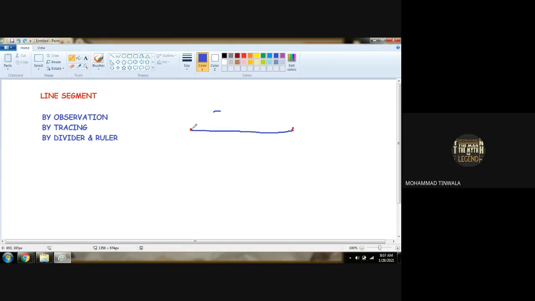Okay? What do you mean by line? Line has always arrows on both ends. As a dot, what comes in its place? Arrows come. Why is it arrows? Because it can be extended from both the ends. So this is known as line. Understood? And line segment has two end points.